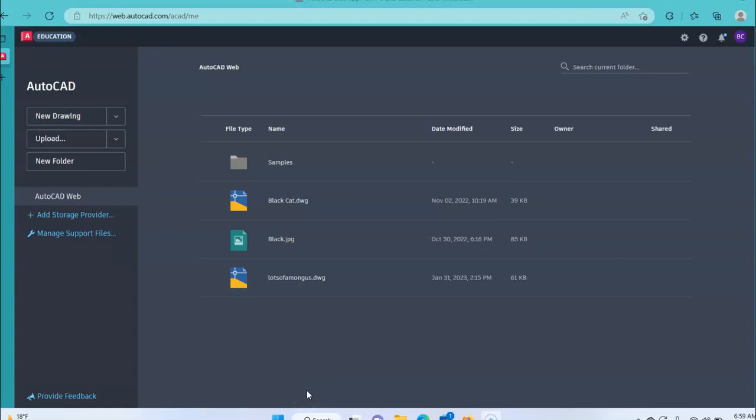Hello, we are in the web version of AutoCAD. This is the cloud-based version, so I'm going to do chapter 2, exercise 8 in this so that you can see how you can use the cloud-based version of AutoCAD to get these drawings